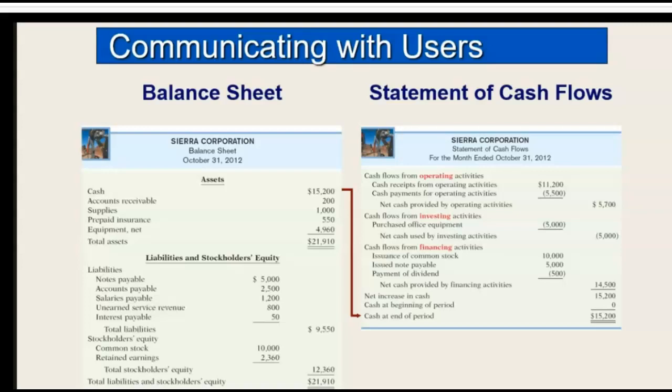How did I get that $15,200? $5,700 minus $5,000 plus $14,500. And we will discuss the statement of cash flows in more detail towards the end of this course. To begin this course, we focus on the income statement, the retained earnings, and the balance sheet. And all of these are ways in